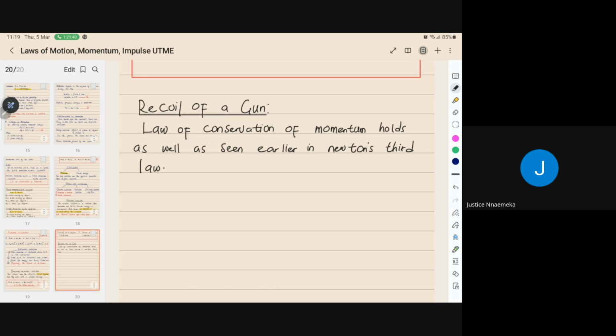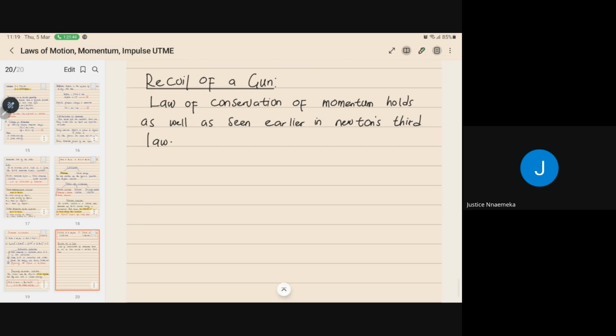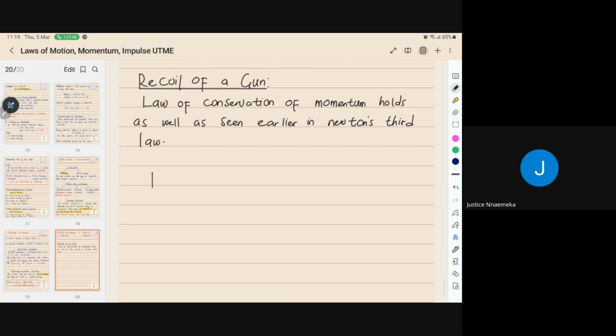Are we there now? So we have the forward movement of the bullets